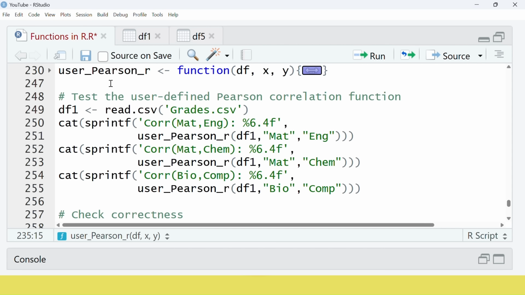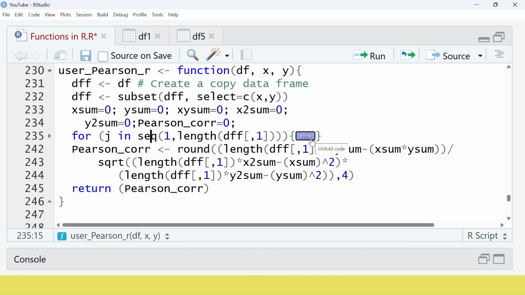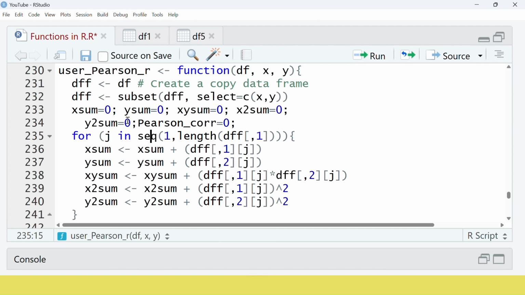okay, so this is like that. This one line you can put like that. This one you can put in one line if you want, like that. Okay, but let me put it in like that. Okay, so